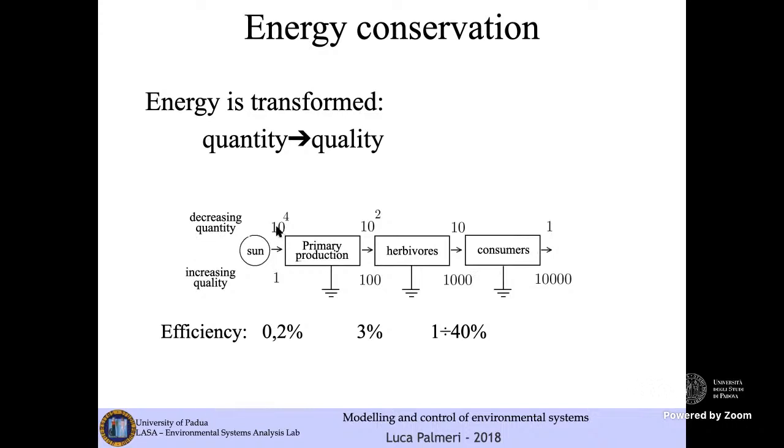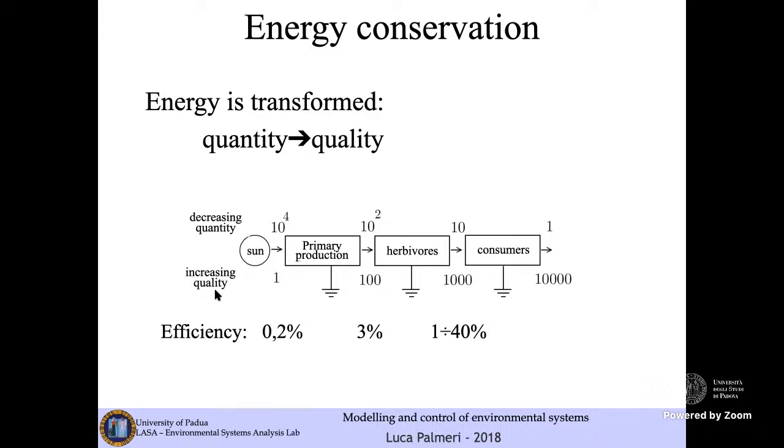The impressive fact is that to a decreasing quantity of production, produced energy corresponds an increasing quality of the energy produced. So you may read this graph by saying that we are increasing the quality. For example, we have employing factors 100, 1000, and 10,000 for describing the quality of energy. And at each step of the conversion, I have a lesser quantity of energy produced of higher quality. So at each step of energy conversion, I have